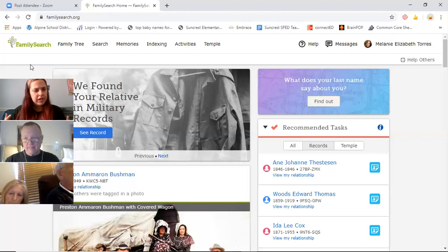And I'm not sure how many of you already have access to these, but it's a really amazing thing. The church has made deals with each of the databases so that we could have access to them for free if you are a member of the church. So if you have a Family Search account with your membership ID attached to it, you should be able to get these all for free. And if you are unsure,